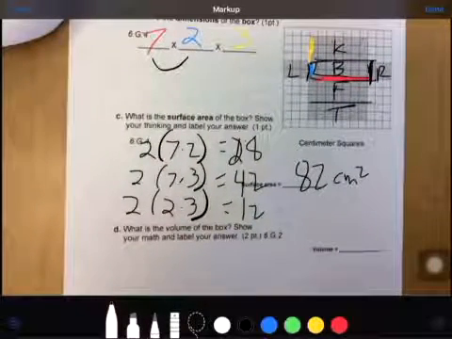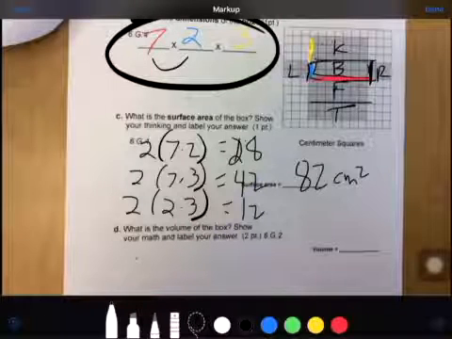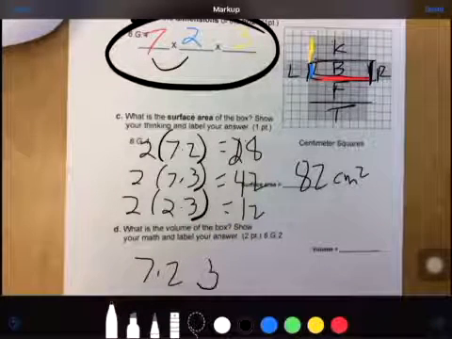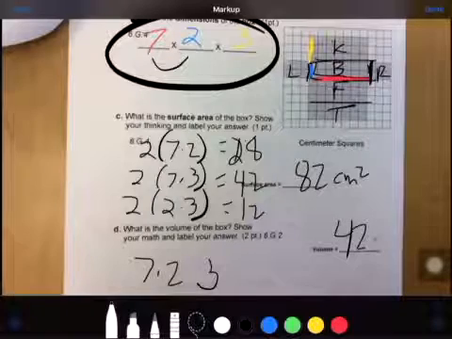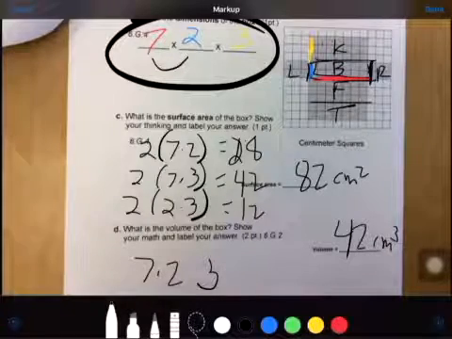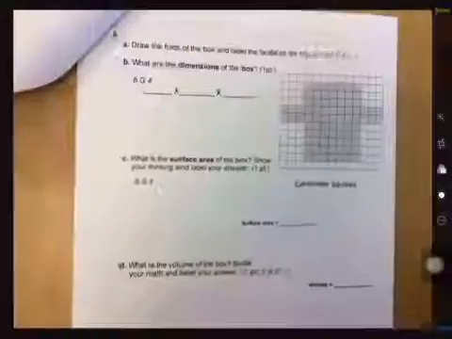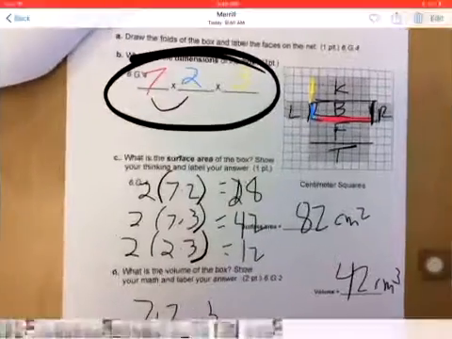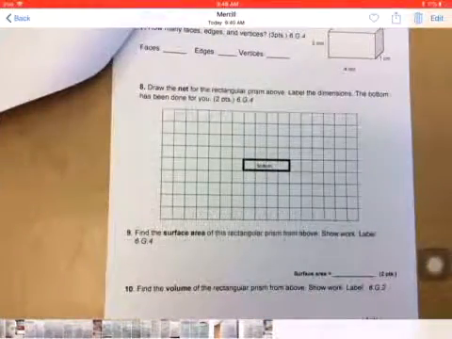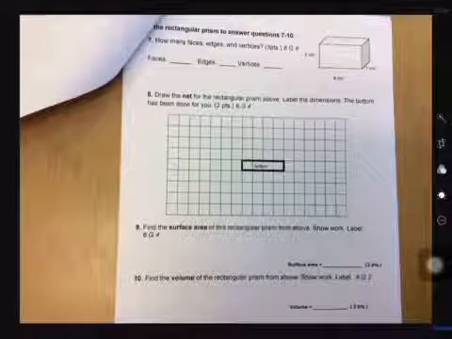For the bottom part, it says what is the volume of the box. So as long as I have the right dimensions up here, just doing 7 times 2 times 3, getting 42 centimeters cubed. Right, here we go, page 4. Remember, if I go too fast, make sure to go back, rewatch the video, or pause it and correct your